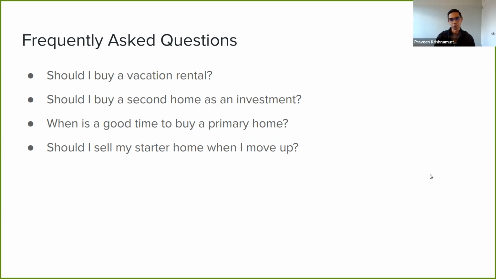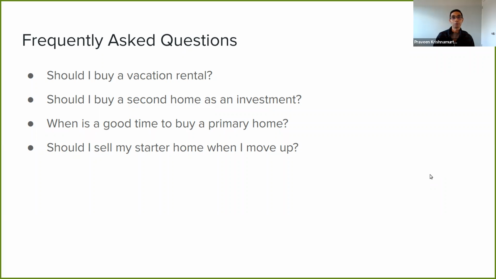The barrier of entry is reduced for you, so it's a good way to experience being a landlord and get some experience as a real estate investor. So if you can afford it, you might want to try to hold on to your property and see how it works out as an investment. And you can always do the things that we spoke about earlier: add square footage, add an ADU, or put a significant amount of work into it before selling it. So that is something you want to consider before selling the starter home that you just moved out of.